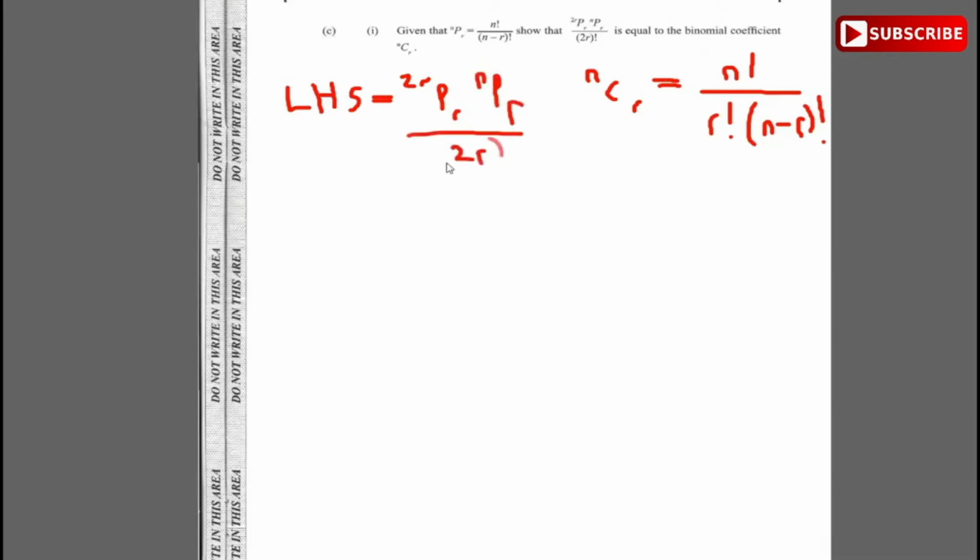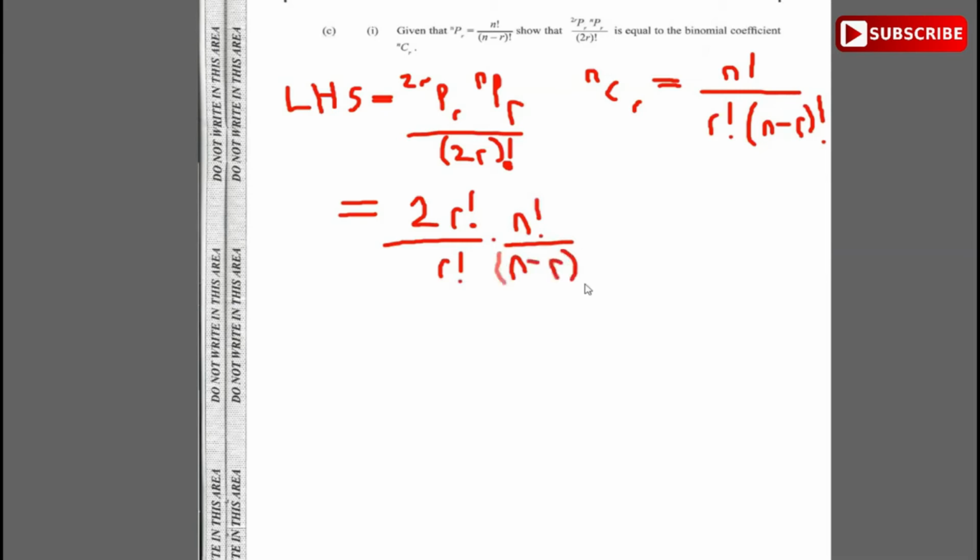What we do know is that this is equivalent to, now 2r permute r, we're replacing n with 2r, so it's going to be 2r factorial divided by 2r minus r, which is r factorial, times n permute r, which is n factorial over n minus r factorial,